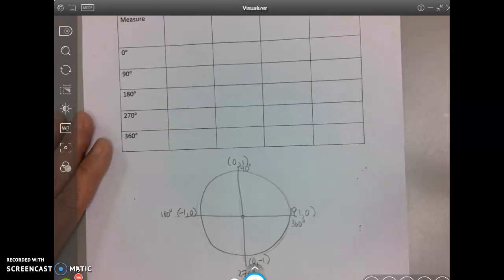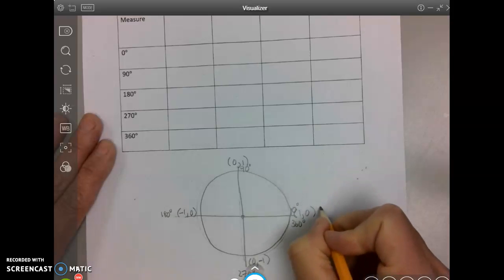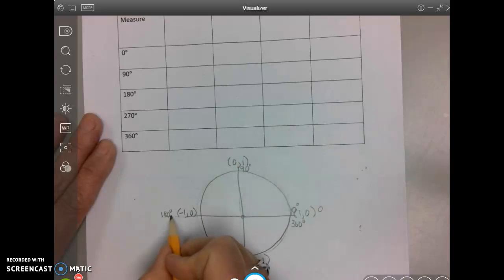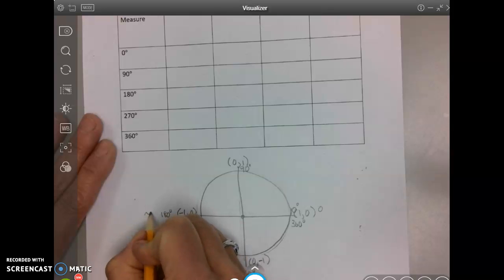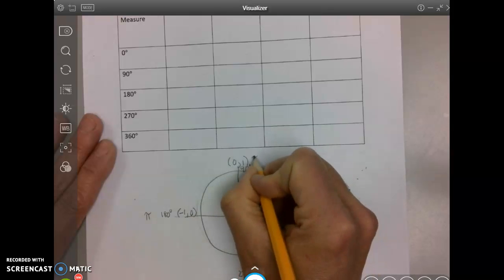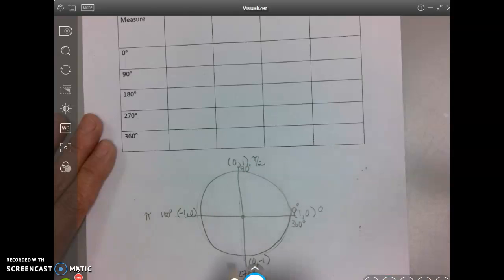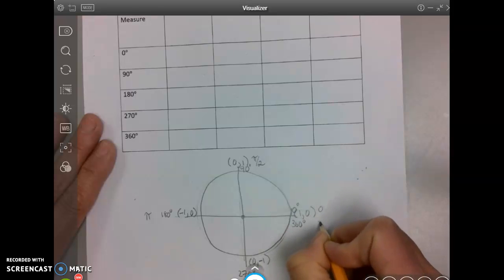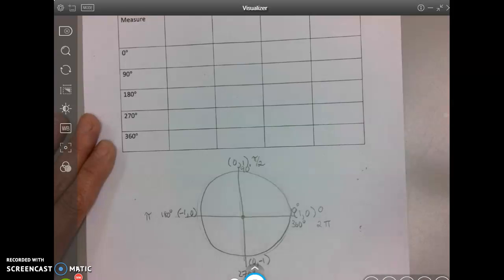It's also helpful if we note what our radians would be at this point. So I would have 0, and remember this is pi, and so this is half of a pi, and down here is 1½ pi, or 3/2 pi. When I come back to here, I'm at 2 pi. So I call this the 4 corners of the unit circle, and you want to be starting to memorize those